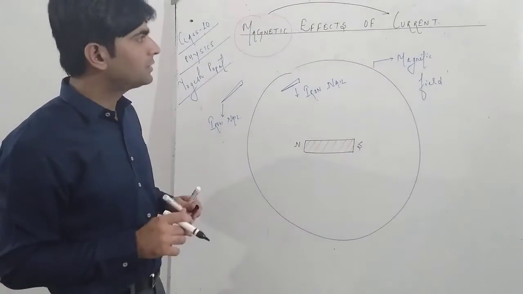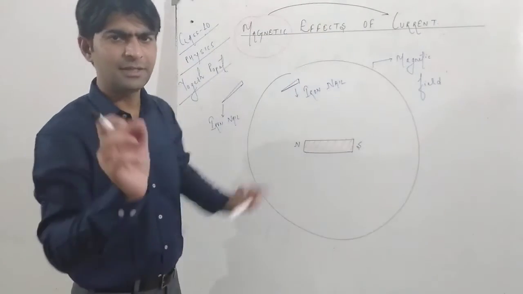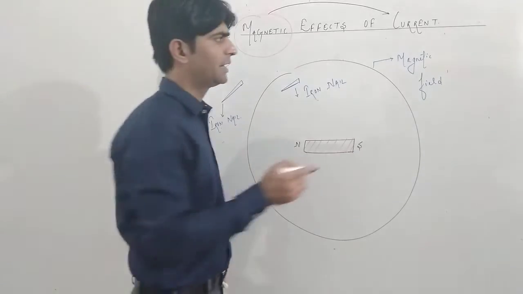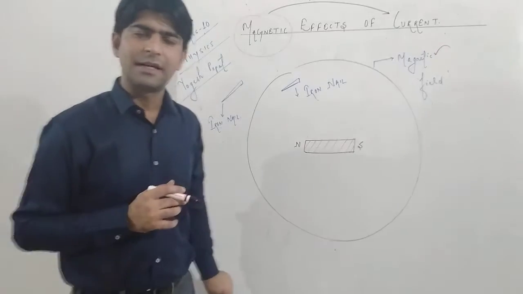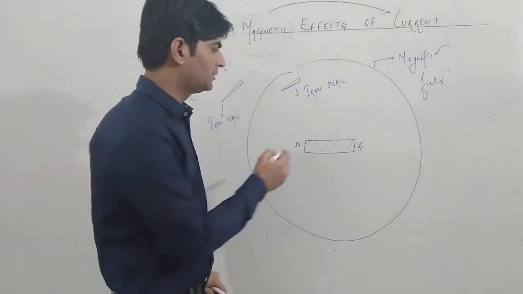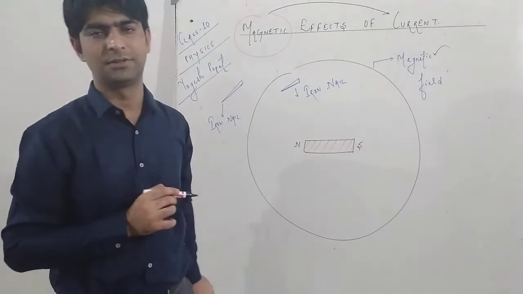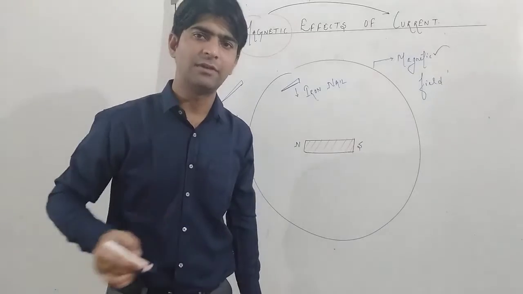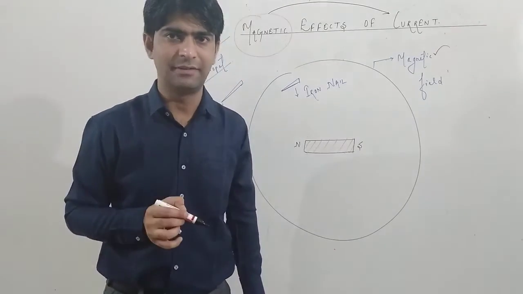Now before going straight away to this magnetic effect of current, let me discuss a very small terminology of magnetism, that is magnetic field. In 7th and 8th standard also we have studied that the bar magnet produces a magnetic field. So what is a magnetic field? Like a cricket field. In a cricket field we play cricket, in which all the cricket rules are applicable. That particular field is called a cricket field.